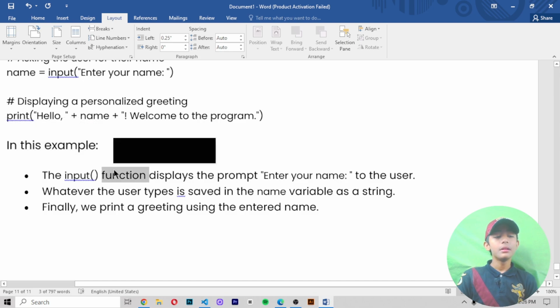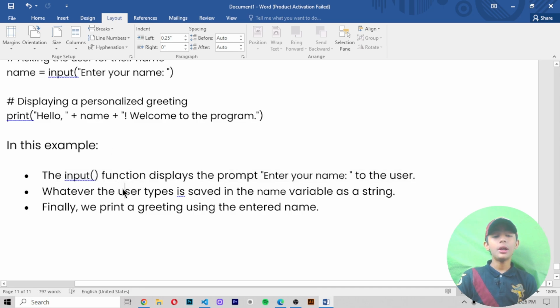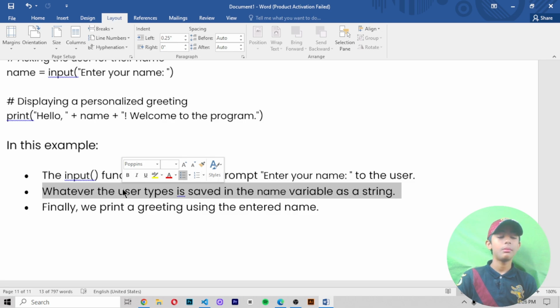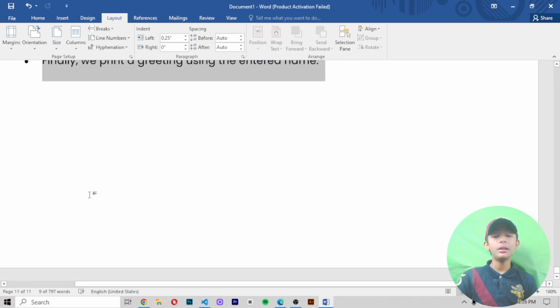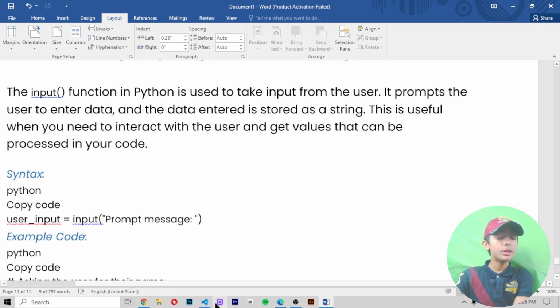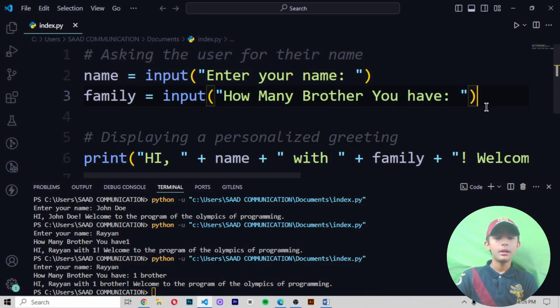In the example, first, the input function displays the prompt "Enter your name" to the user. Number 2, whatever the user types is saved in the name variable as a string. Number 3, finally, we print a greeting using the entire name. Okay, so this code example will tell us that. And if you want to add new things like family,